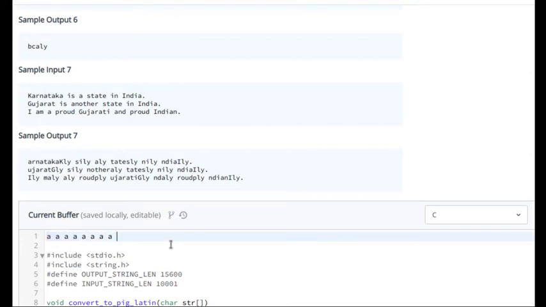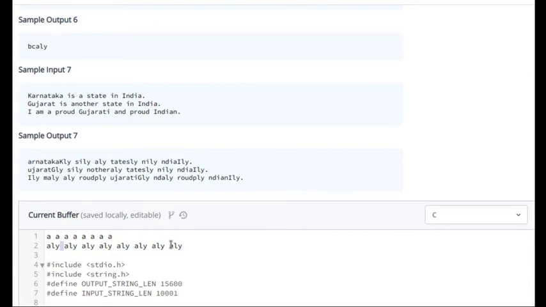So if there are 5001 words, what would be the output for this? A-ly space A-ly space A-ly space A-ly, and so on, for that many times. So this would be the output, right? Basically, for each word we are adding 2 more characters, since the A and the space were already there.